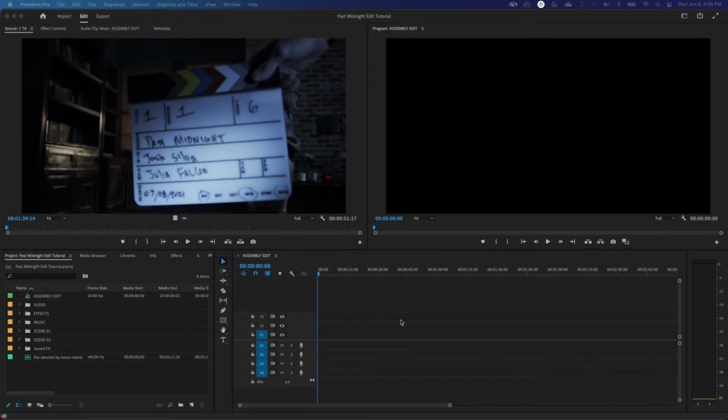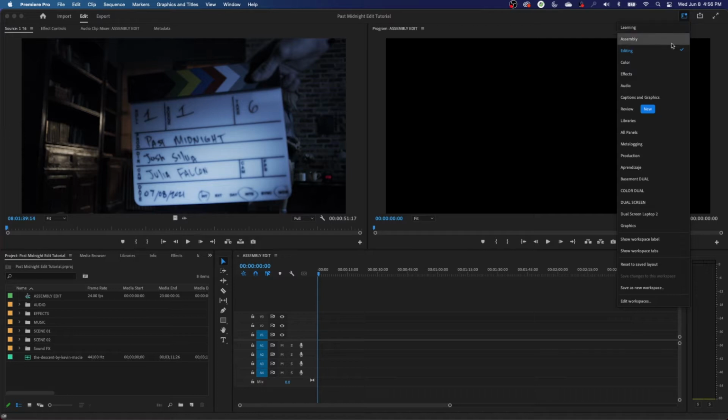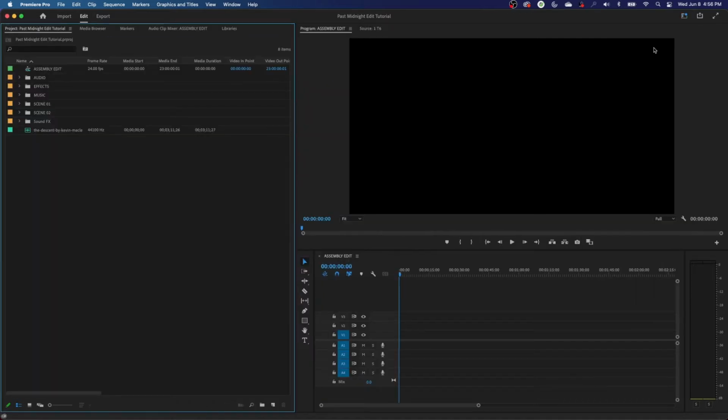Alright, so now we're going to show you guys how to do an assembly edit on this project here. Now I've already imported the media, everything's all ready to go, and like I mentioned, I'm going to go up to this little workspace arrangement and I'm going to go under Assembly to start doing my basic assembly edit here. I'm going to make sure I have my scene folder open, so I'm going to double click on my